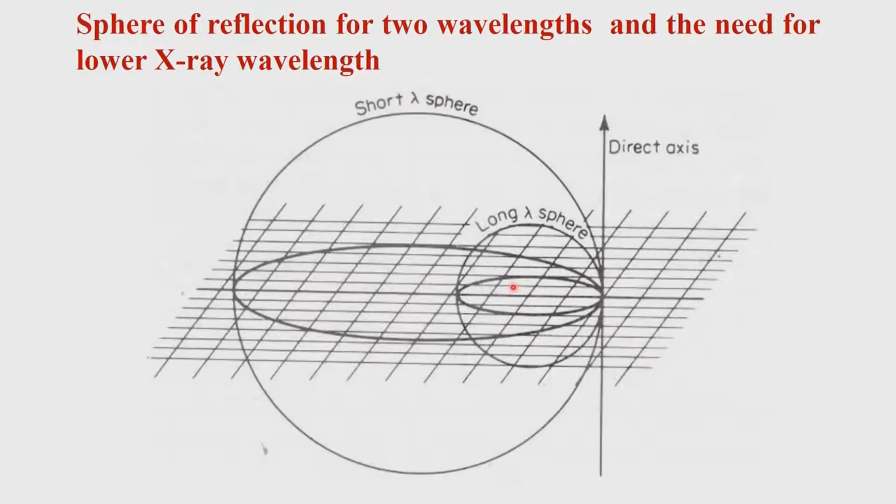And therefore these are all issues which will come up, but in general it is better to use a shorter wavelength to access larger regions of the reciprocal lattice, so that we will get more and more reflections that can be measured within the limits of our Ewald sphere limitation, which will satisfy the Bragg condition. And that is why this construction which we discussed in the previous slide, and the picture which is shown here, is very clear to indicate that shorter wavelengths are the ones which are preferred.